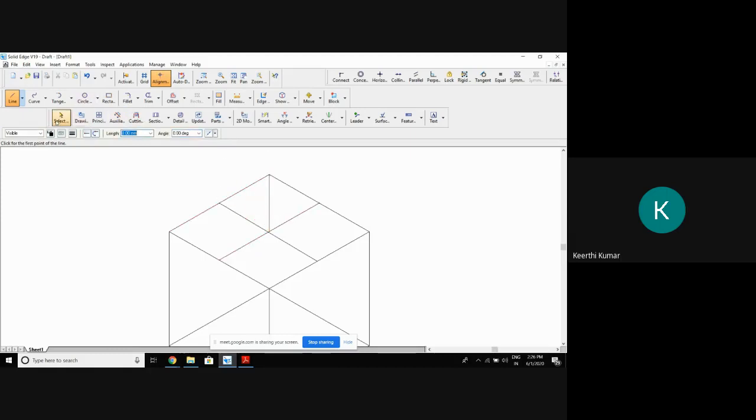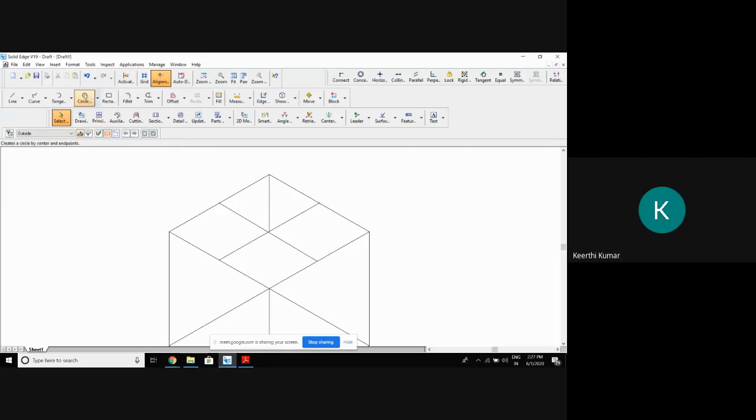So wherever it may come, don't worry. For this problem, this line is connecting here. In some problems, it may go above, in some it may come below. No problem. But the length of the line should be equal to the radius multiplied by 0.8164. Done that? Please draw that line.